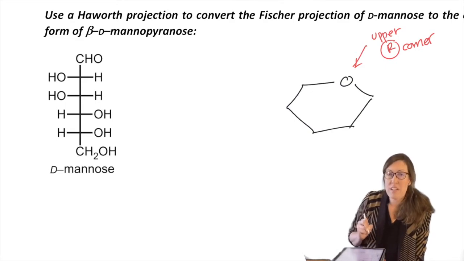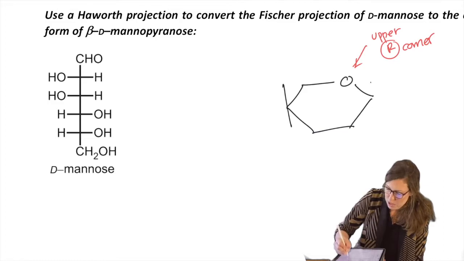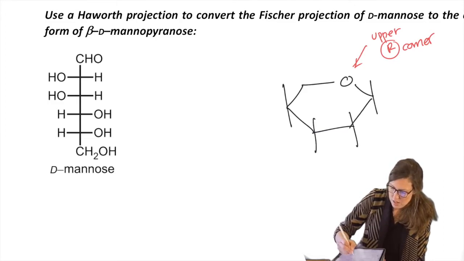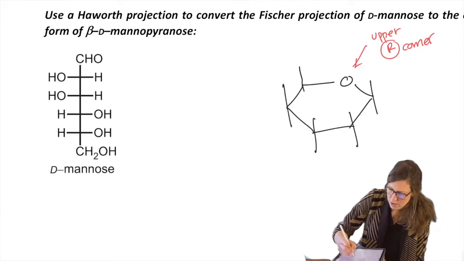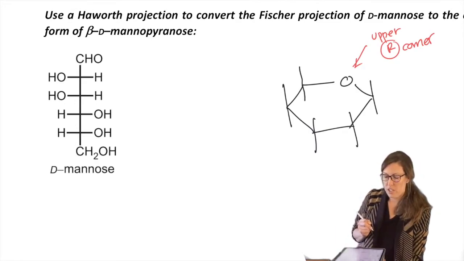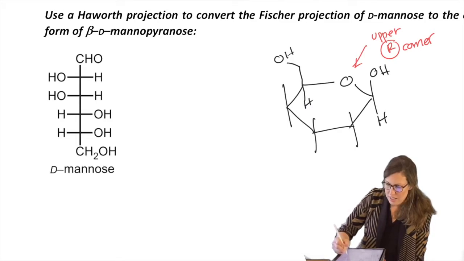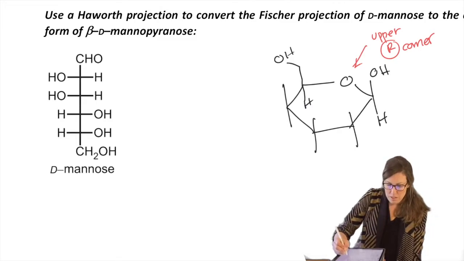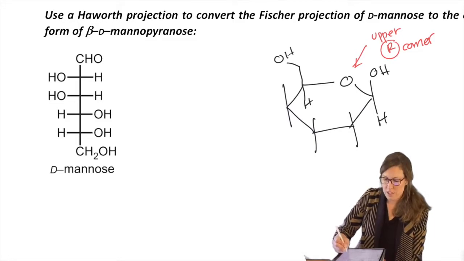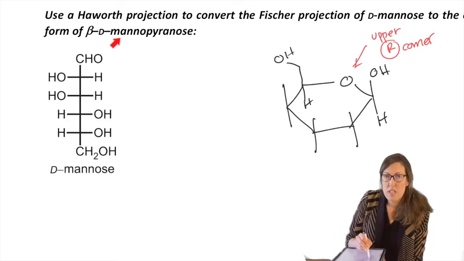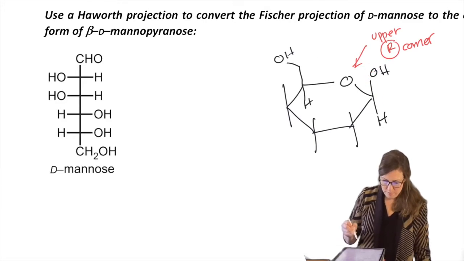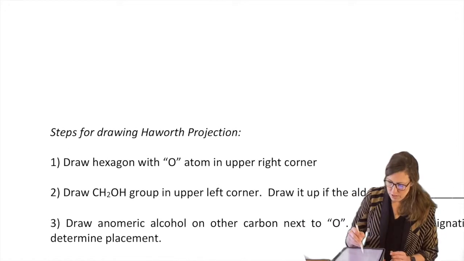So we're going to keep it upper right-hand corner. Okay, so then we fill in everything else. That means we're going to have to know how to fill in these empty bonds. And then this one will have our CH2OH somewhere and our OH. Since we know it's beta, this one we already know has to look like this, and it's D, that means it's going to actually be up. So we just kind of derived that actually. So the D pyranoses always have the CH2OH up, and if you have a beta, it always has the anomeric OH up. So I have that as a rule here so that we don't forget.